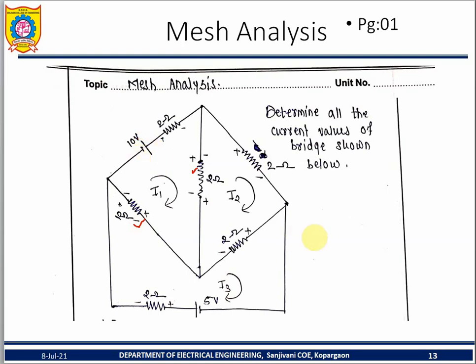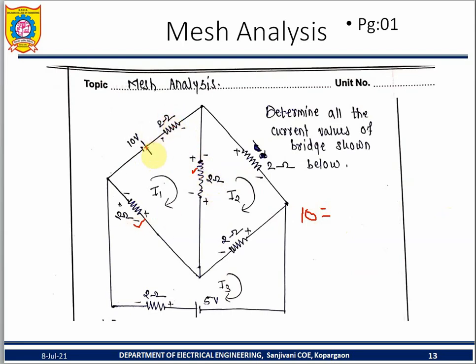Here is a 10 volt. So I will write 10 volt on one side, equal to the rest. Why? This is Kirchhoff's voltage law. It says voltage rise equals voltage drop. Who is the voltage rise? The supplier, the 10 volt. Who is the drop? The consumers, 1, 2, 3. These three members are consumers.